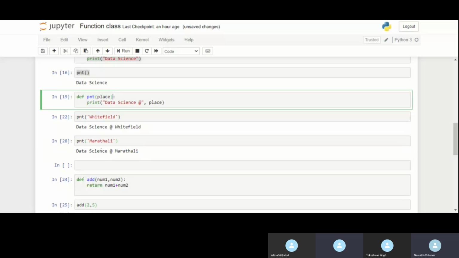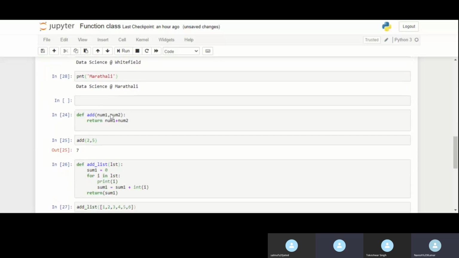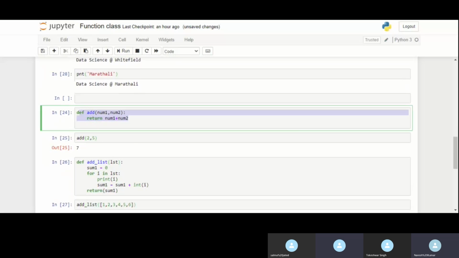So this was a string operation. How we can leverage this parameter is something you can see here. Now you have to add n number of observations, or add only 2 numbers, right? So I am creating a function add here, where I'm adding 2 numbers. So there are 2 parameters, and I am giving the body as num1 plus num2.